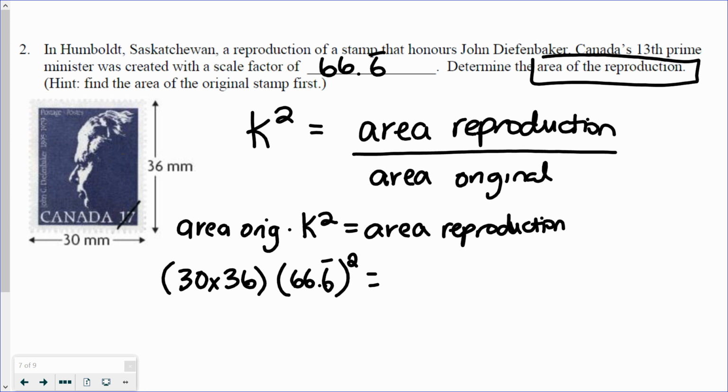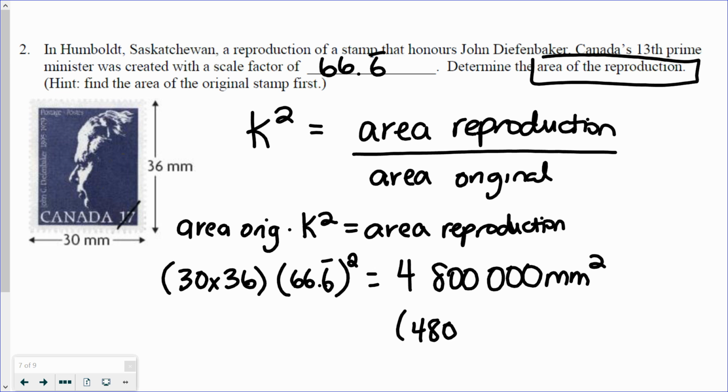So if I use 66.6 repeating, what I get is 4,800,000 square millimeters. If I do something like, sorry, I'm just going to bust out a calculator, 66.7 squared times 30 times 36. What I get if I instead use 66.7 is 4,804,801.2. So you see we end up off by a little bit,